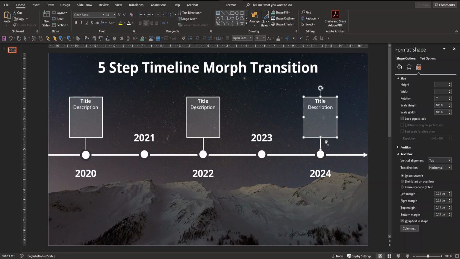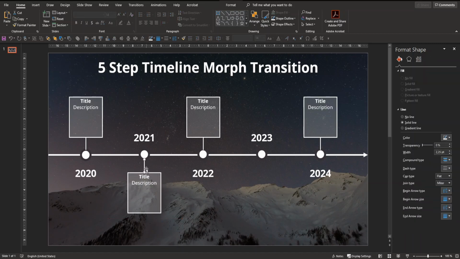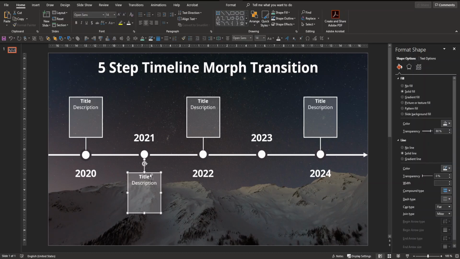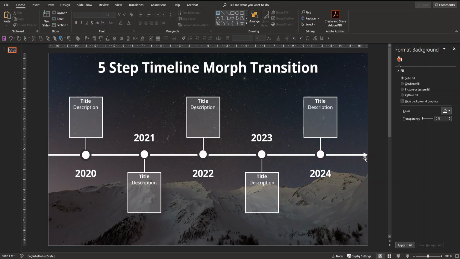And also let's copy and paste it such that we have it below our years 2021 and 2023. And here we go. We have the 5-step timeline from 2020 to 2024, and now the only thing that's missing,